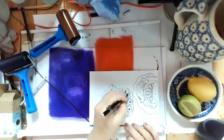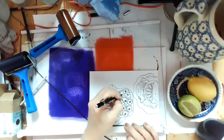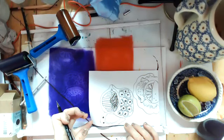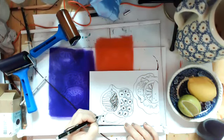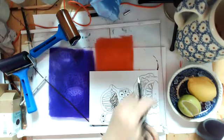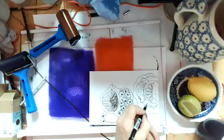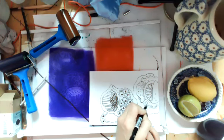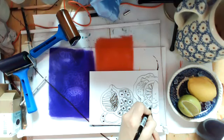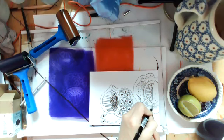So just going to put a bit of blue around the jug there, and then is that touching up there? Yes, it is. So there's a little bit around here, and then I'm going to draw on the plate. There are little leaves and things in the pattern of the plate, so I'm going to draw those, just a few of those, not copying precisely, but adding some of the little leafy shapes in detail with this mechanical pencil into the